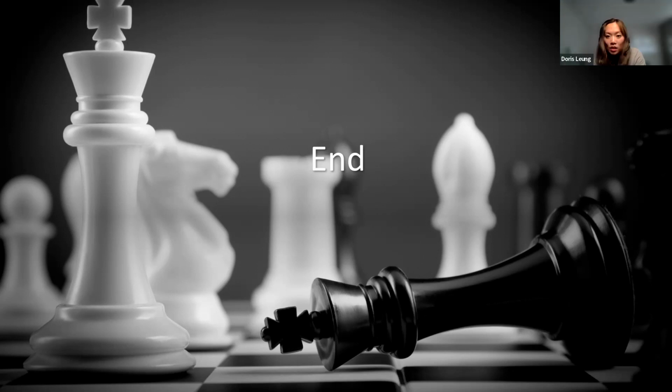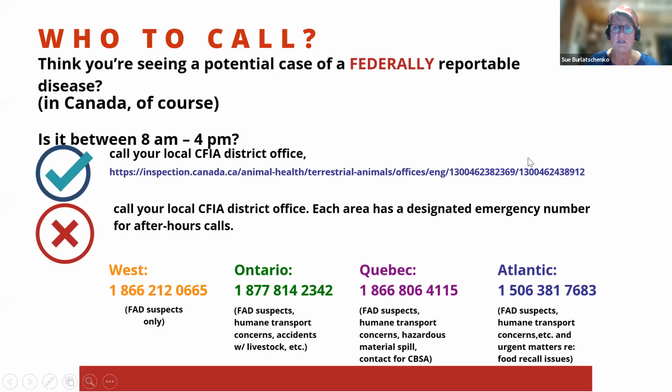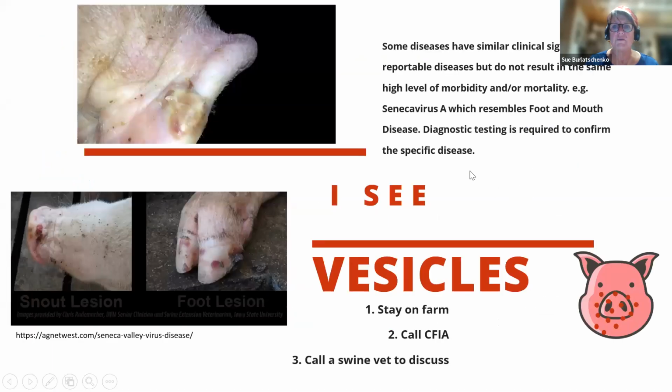And then the next question is, can you reshare the slide on swine vesicular virus? I can reshare that. This is the one we were talking about. There we are, the vesicle on the nose. We'll talk about this more. You'll see a whole selection of these kinds of slides, and I know I'm jumping ahead a little bit here, Doris, but there will be a recorded session on foreign animal diseases of pigs. So this is the only one I have here. It's subtle,